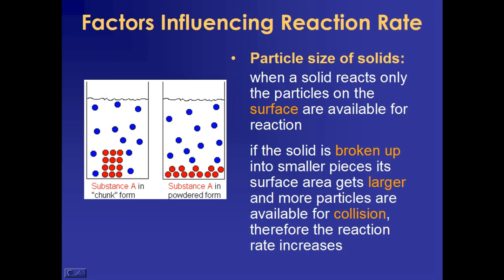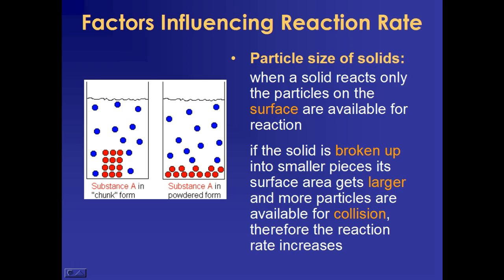Surface area is what particle size is talking about. If you look at substance A, you'll see that it's just in a nice, neat rectangle. There's 12 red circles, and the two on the inside aren't really close to all the blue circles on the outside. Whereas when you have it in a more powdered form, they're not really glued together, and so those blue particles are going to be much more likely to interact with the powdered form quickly than they would with the